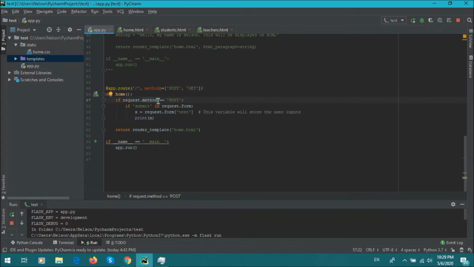So if request.method equal to post, it will check if my website is requested for a post method, which it did. And actually, in order for me to request a post method from my HTML page, I need a user to click on a button, right? So in this HTML page,